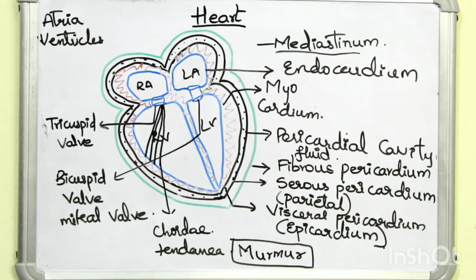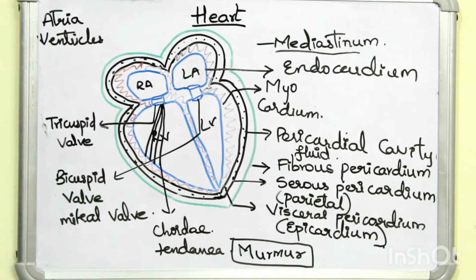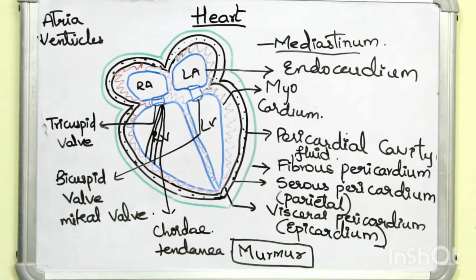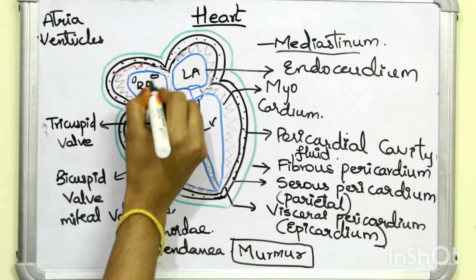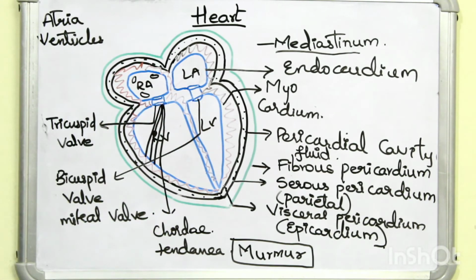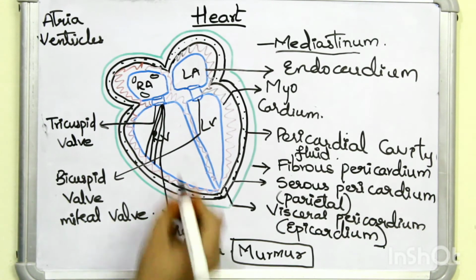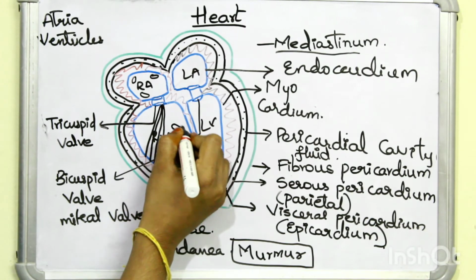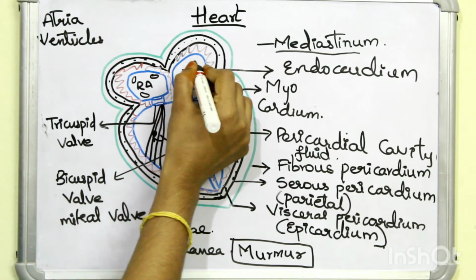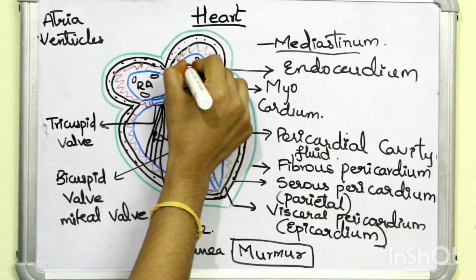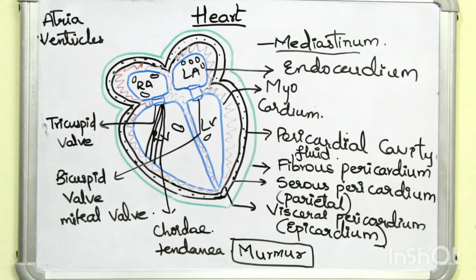Now from where is blood coming to the heart? So there are several blood vessels which are carrying blood to the heart. Let us see what they are. The major ones which open into the right atrium, there are 3 openings here. Okay. In the right ventricle you have 1 opening, in the left ventricle 1 opening, and in the left atrium you will have 4 openings. Okay. So let us see that.